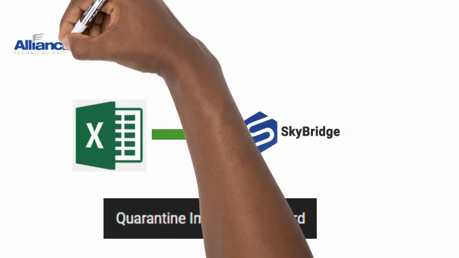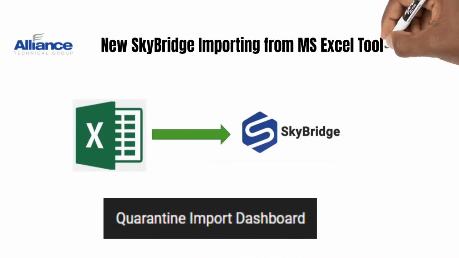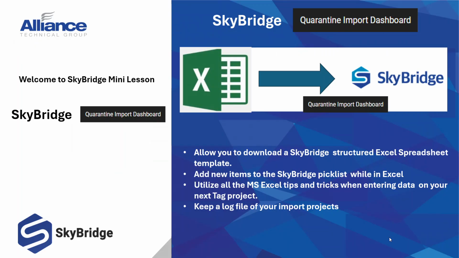I want to welcome you all to our new SkyBridge importing tool for Excel, importing information from Excel into SkyBridge. That's new that we have now, and welcome to our SkyBridge mini lesson that's going to talk about the quarantine import dashboard. With the dashboard, you'll be able to download a template, fill that information with your new tags, and then upload or import that information